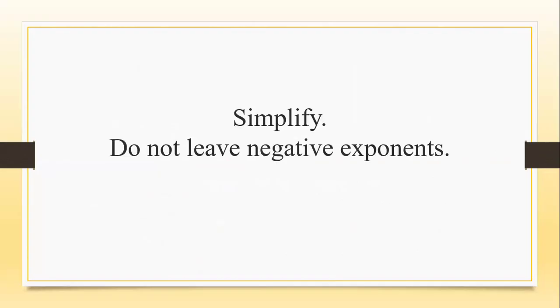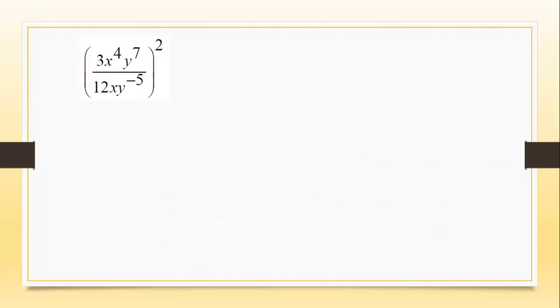Simplify, do not leave negative exponents. We're using the laws of indices. So we're going to apply the power of 2 to each item inside the brackets. So we have 3 to the power of 2, x to the power of 4 times 2, power raised to another power, we multiply. 4 2s are 8, y raised to the power of 7 times 2, 7 2s are 14,